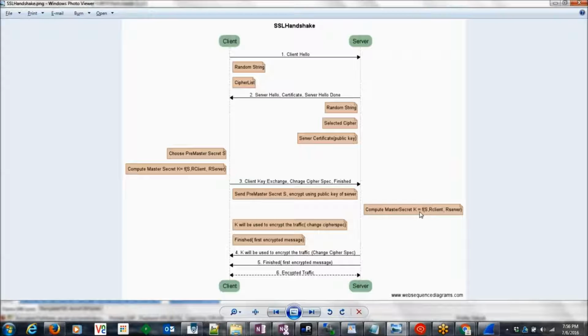And once the server has the pre-master secret key, it can compute the master secret key here. So the master secret key computation function requires the pre-master secret key from the client, the random string from the client, and the random string from the server. Okay. So after this step,